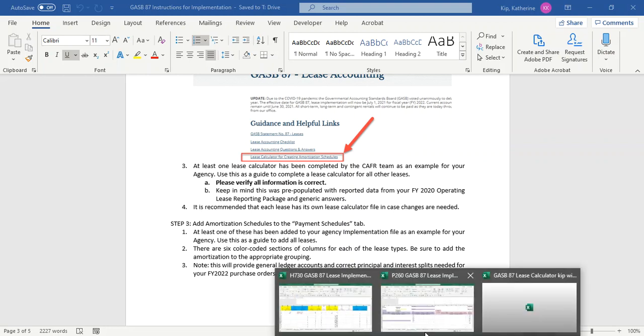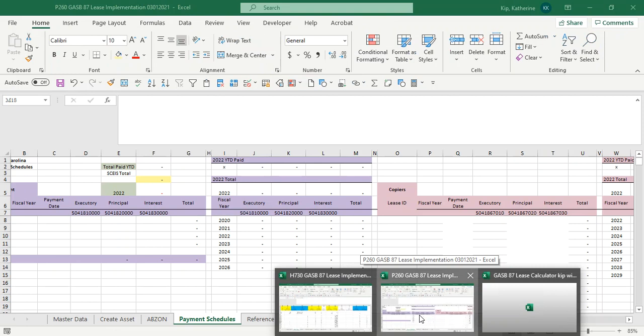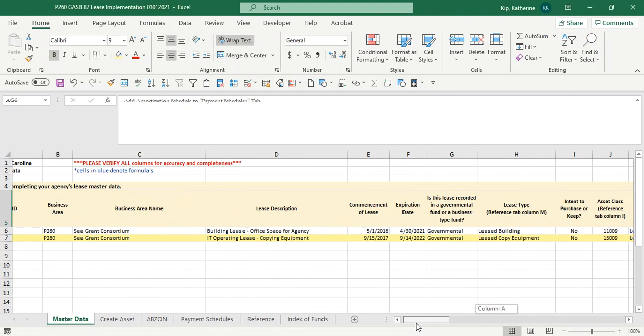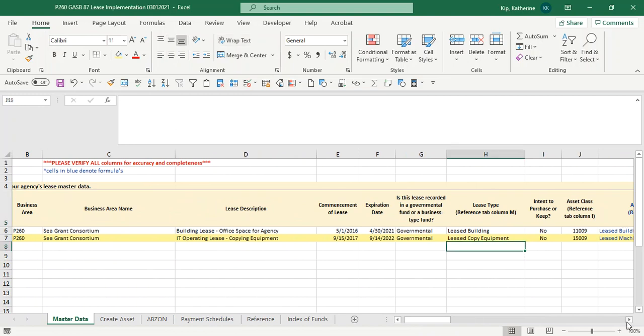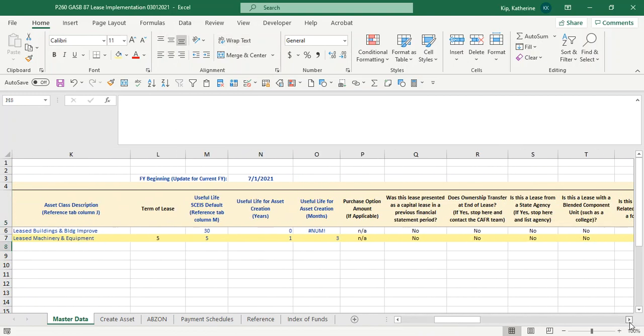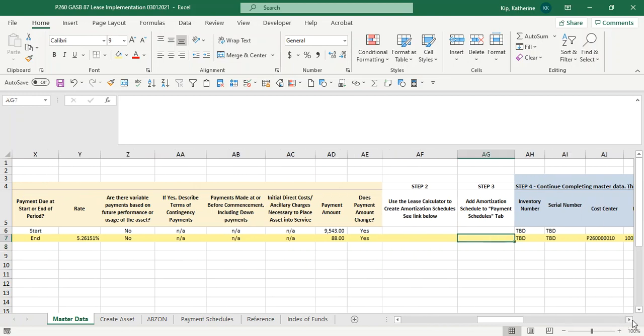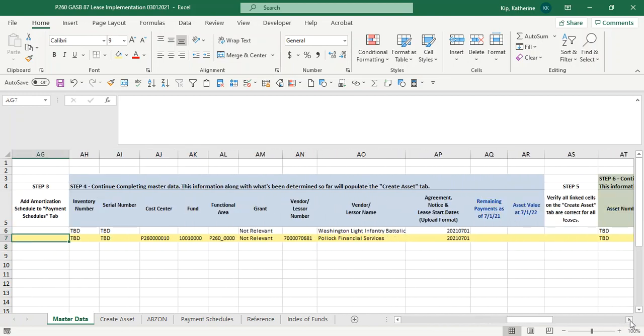So this is the step on the GASB instructions. I'm going to show you on your master sheet. So here's your master sheet, and what we're trying to get to ultimately, so here's the step 3. Ultimately what we're trying to get to in this step is this little fella right here. Okay,